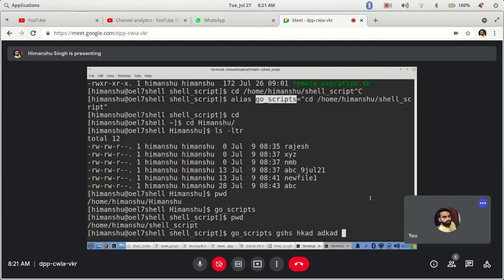Now how it will do, let's say, till this alias it is clear, right?